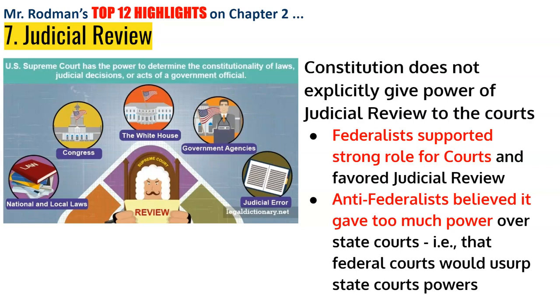Now, Anti-Federalists were concerned that it gave yet another branch of the central government too much power. They were concerned it would also overrule and override many of the state courts that were also passing legislation and interpreting roles within the states. So there was some dichotomy there between the supremacy clause, the idea of national and state government conflicting, and the idea of the courts conflicting on the national and state level. So Anti-Federalists were very concerned about that as well.